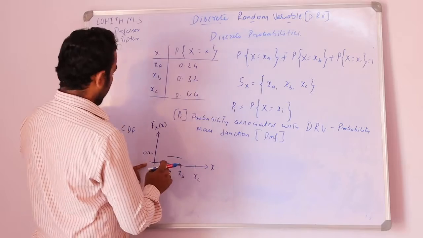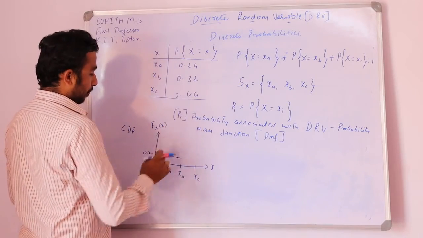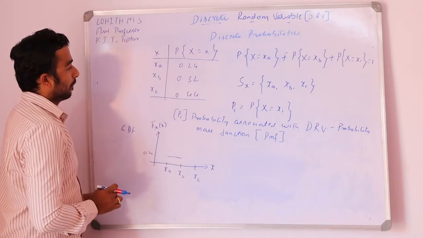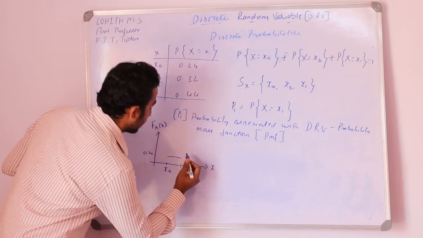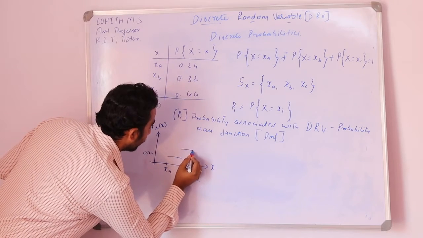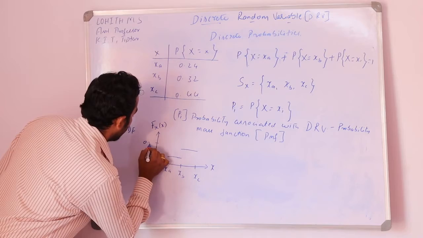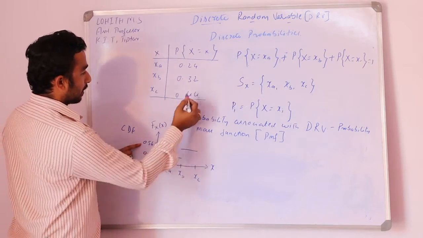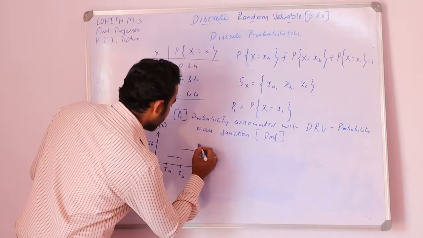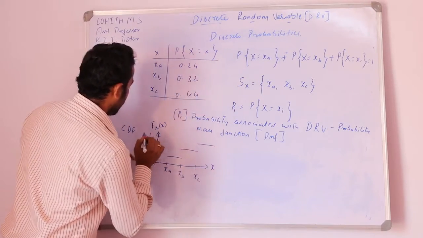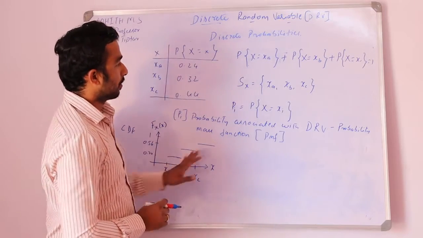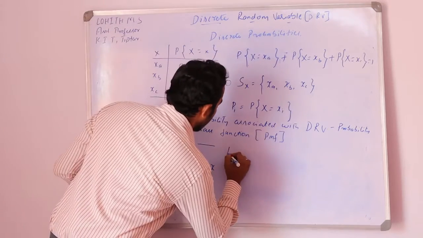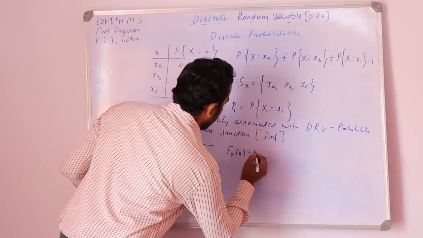Now for xb we have 0.32. 0.32 means it will be written as 0.32 plus 0.24, that is 0.56. Next will be written in terms of 0.56 plus 0.44, that is 1. So we will tell the sum of the probabilities will be equal to 1. Okay. So this can be written as f x of x is equal to